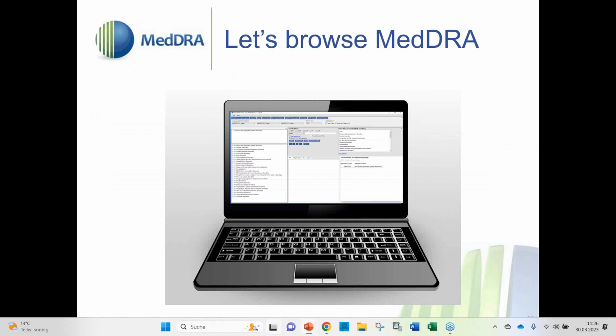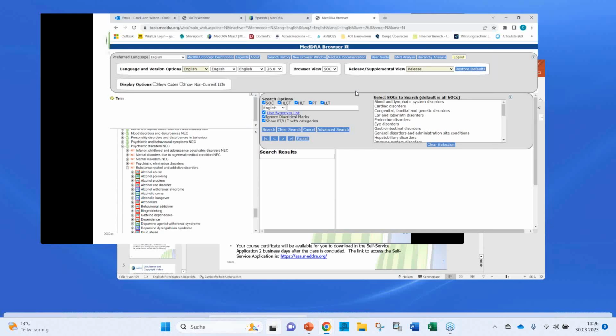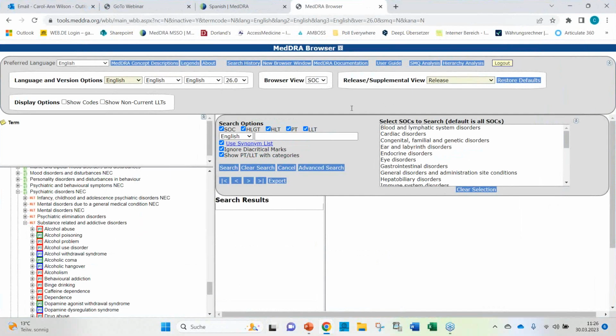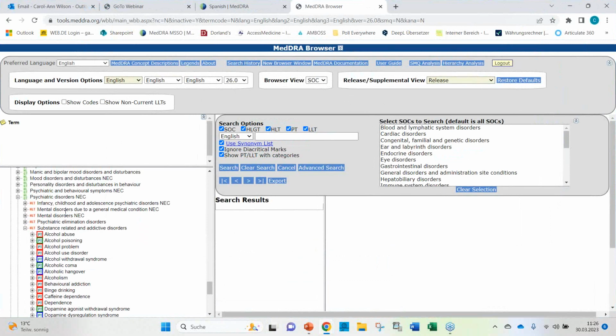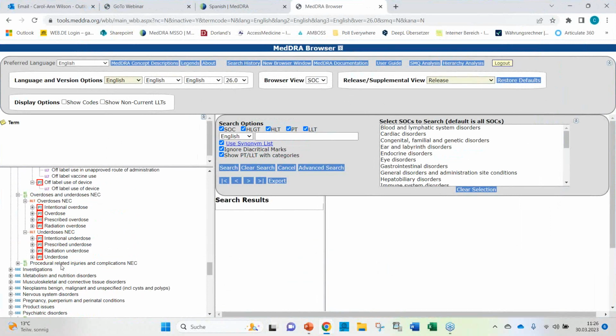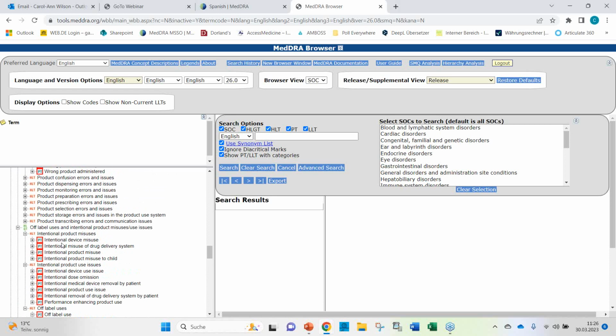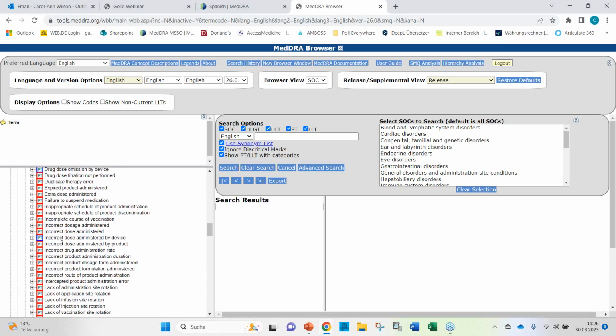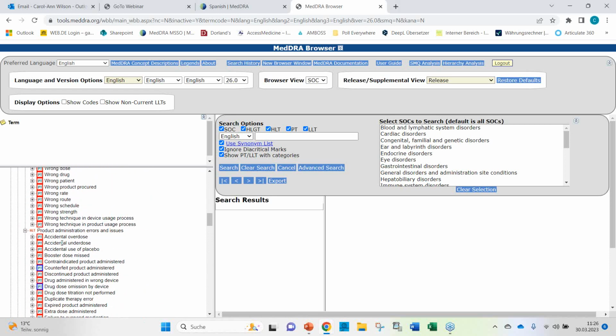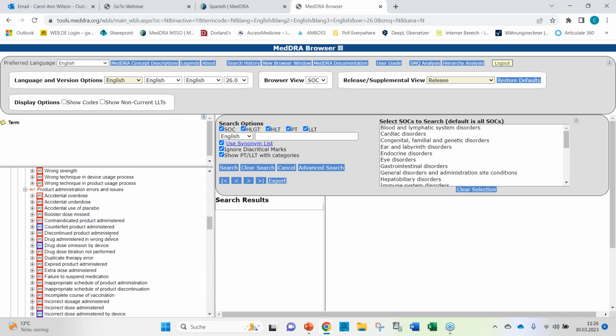Now let us look into the browser again in order to check for these terms. If we go again into the SOC injury, here we are. Here we have the product administration errors and issues.